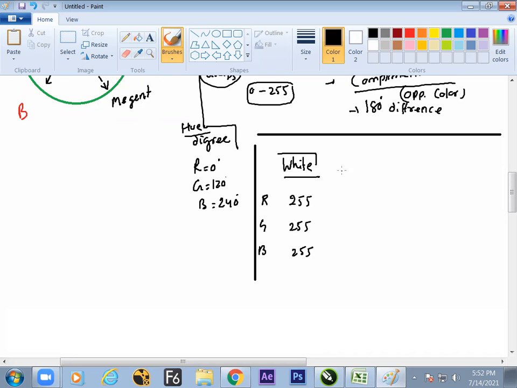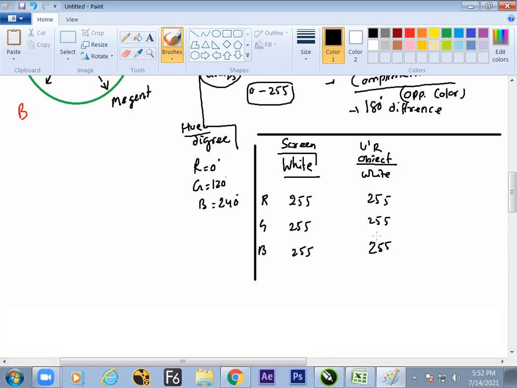The screen is white and this is the screen value, right? And your object is also in white color. That means the value is the same.